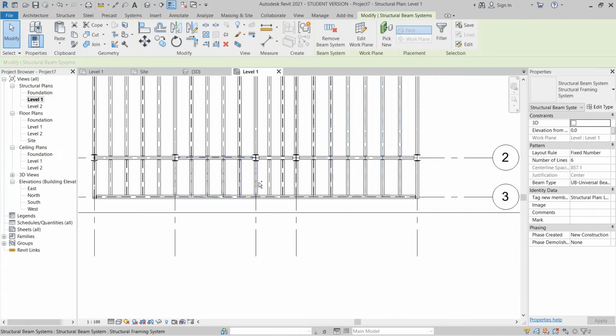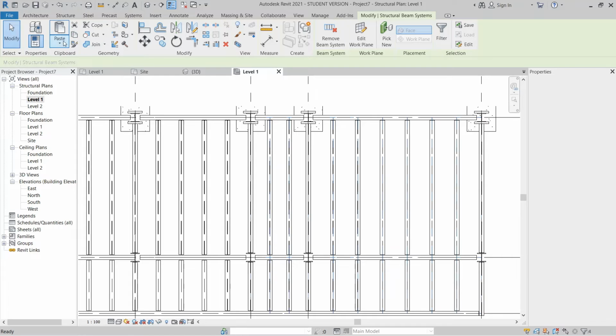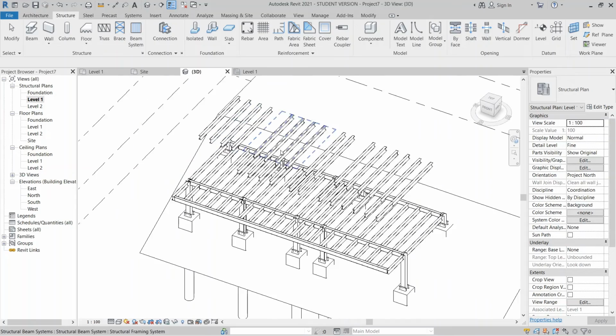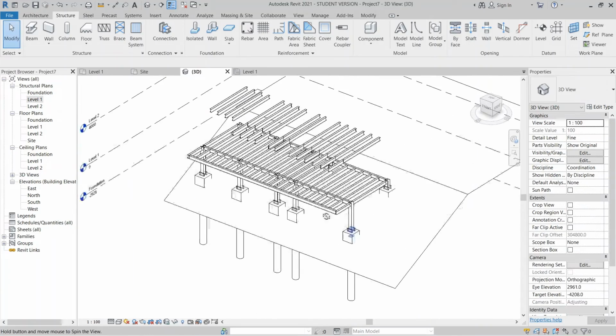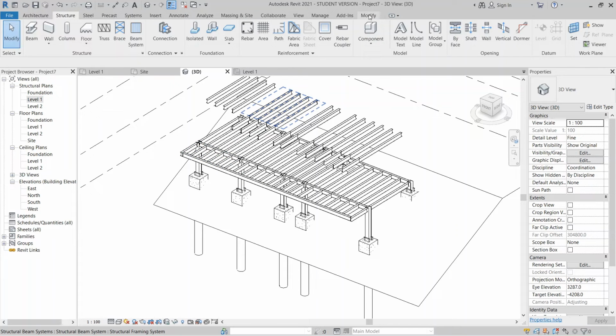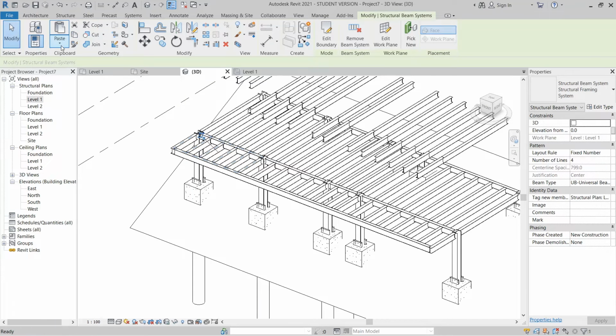Okay, as you can see, that's why I select one by one, because sometimes it's very hard to select our beam system in this situation. You can use your tab key, but I think it's very hard. I tried before. Go back to our 3D. Okay, we are missing this one, just like here, and then go to modify. Okay, this one why we cannot select, just like here again, copy, align to select level 2.